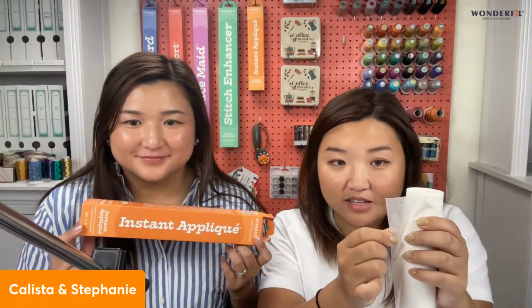Yeah, in a way. Those were a lot of words, but what Calista said comes down to this: it's actually sticky on both sides. Yes, that's right. And then it disappears after you wash it. Yes. So it's completely water soluble. So after you use this in your project and you give your project a wash, or even a spritz sometimes, it will dissolve this layer of